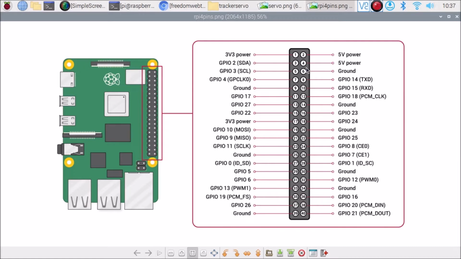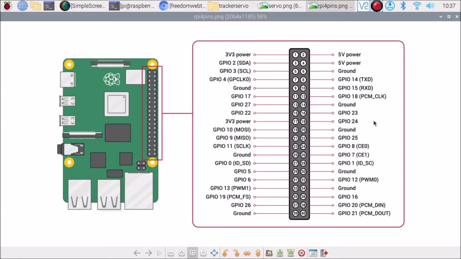So the red wire, the VCC and power pin for our servo motor, I have connected with pin number 4, which is the 5 volt power. Then the orange color wire of the servo motor I have connected with the Raspberry Pi 4 pin number 16, GPIO 23.